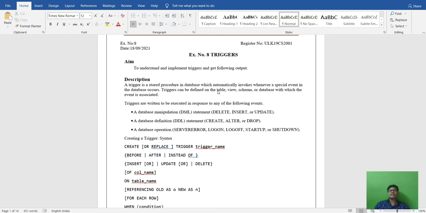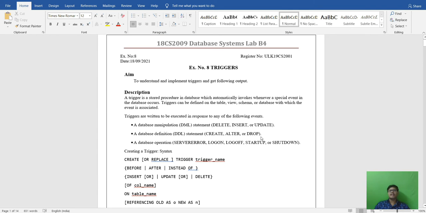So when the ball comes from the batsman, the action you perform with your hands to catch that ball is known as a trigger.